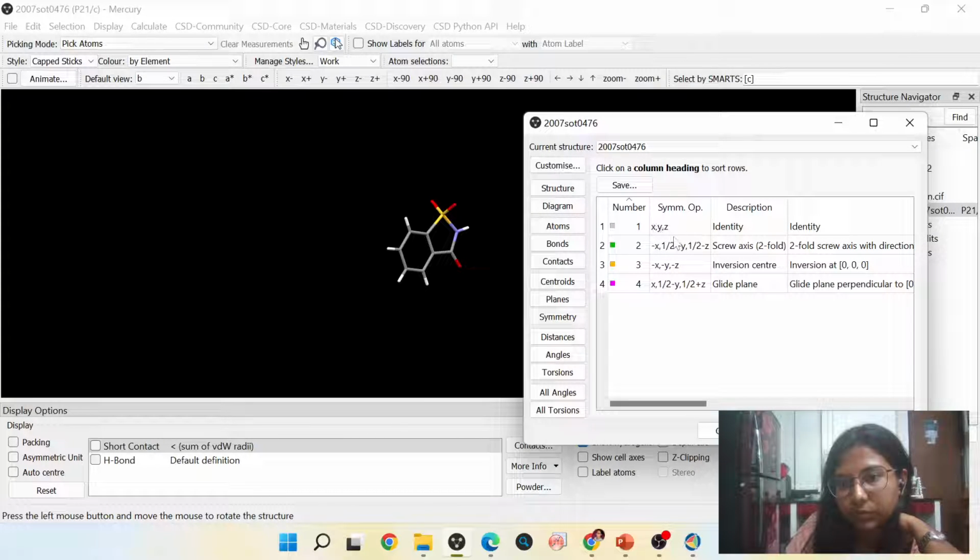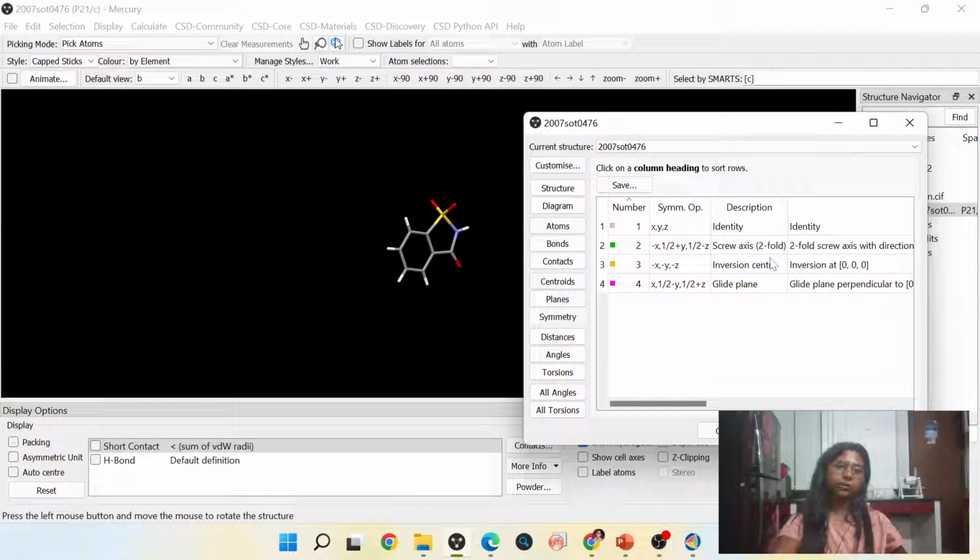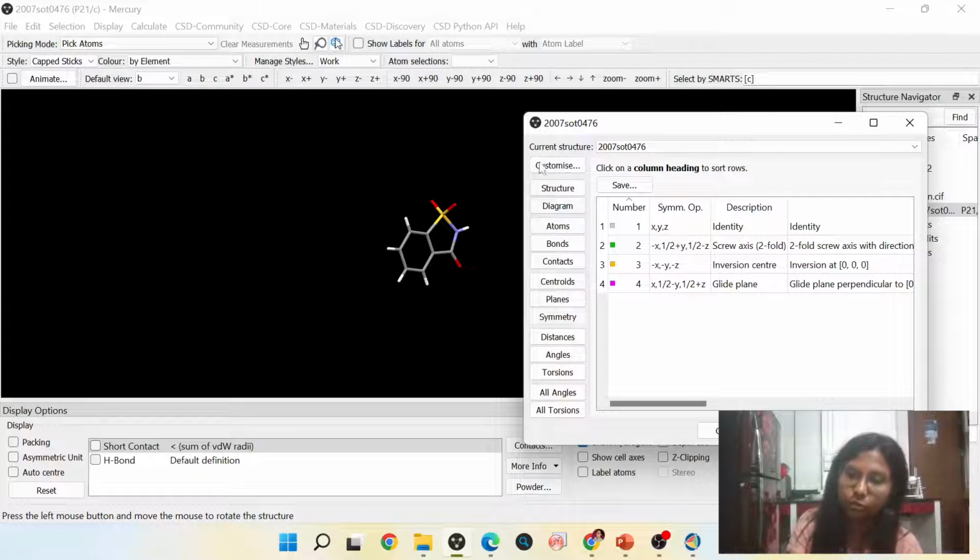Taking x, y, z, we can apply a two-fold screw axis and an inversion center, because this is P21/c. P21/c means this is a centrosymmetric space group. So x, y, z will have an equivalent point at -x, -y, -z, and a screw axis,